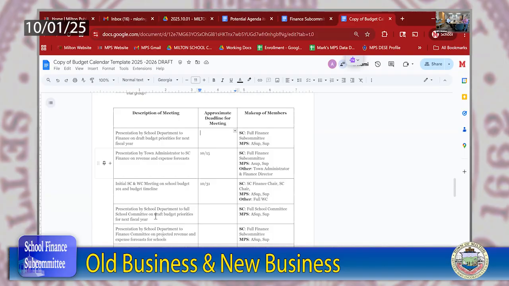this conversation. We could even then, and again, Amanda and John push back on me, at the 10/8 school committee meeting, have a brief presentation share out of these priorities. We'll have just talked about them at finance, but share these are some of the things we are discussing and thinking about to get the full school committee feedback. And then obviously the following week, we'll get information from the town administrator on